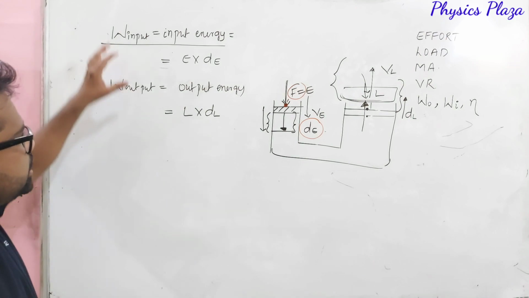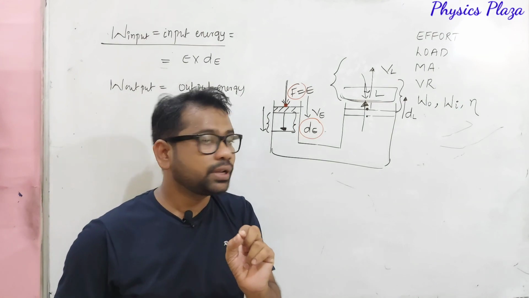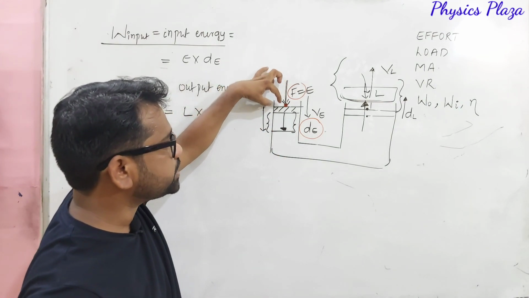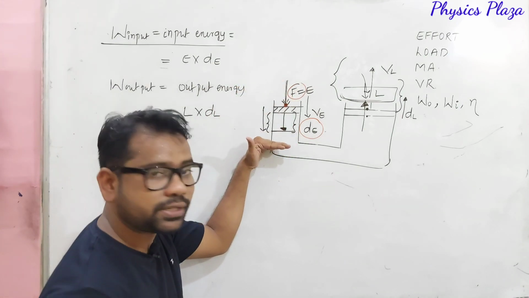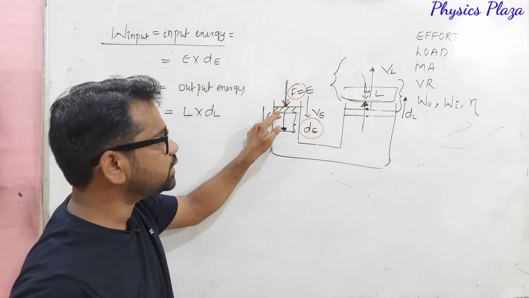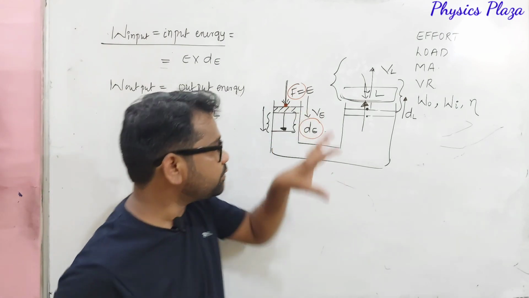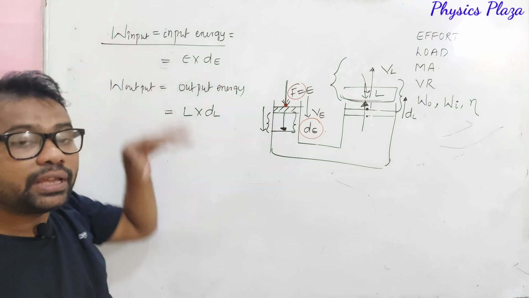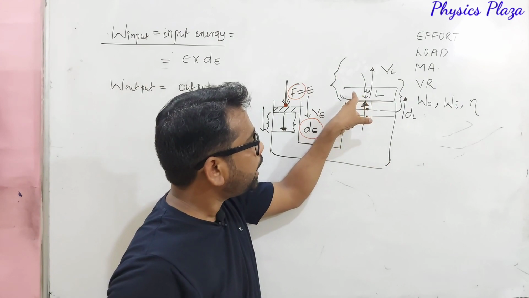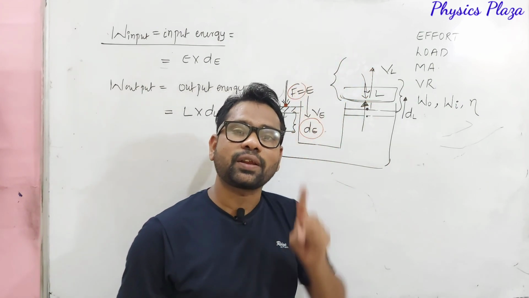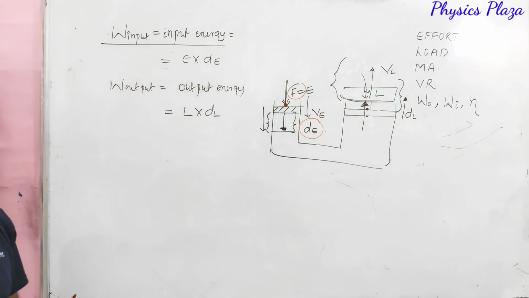So children, this is what actually work input and work output are. I repeat once again. What is work input? Children, we are applying some force on the machine. Let us say on this piston, we are applying some force, so that the piston is displaced. So some force is acting on the piston and the piston is displaced, so some work is done. The work done on the machine we call work input. In result, what is happening, dear children? The machine is applying some force on this load and the load is also displaced. That we call work output. It can be calculated as load into load displacement.